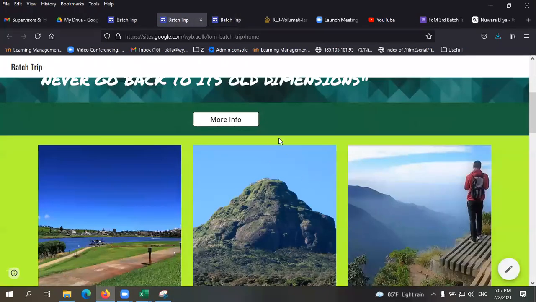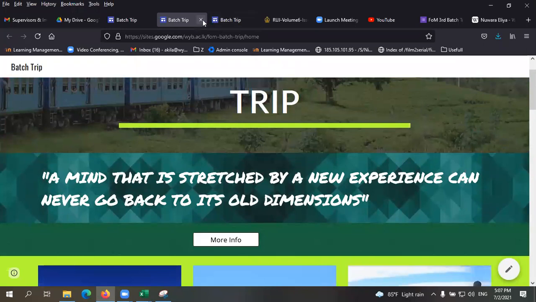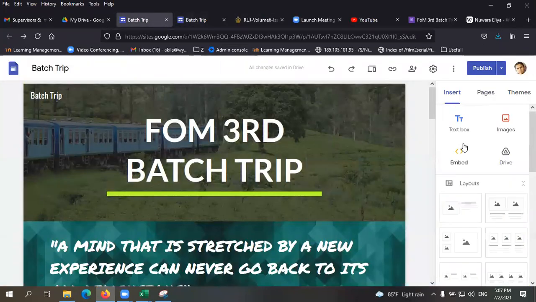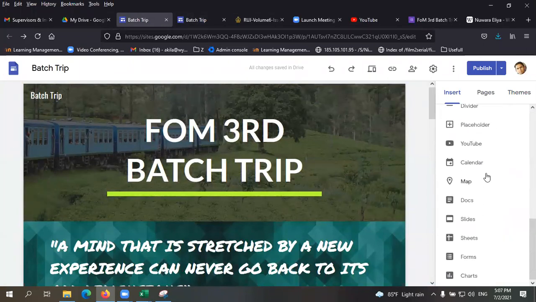Normally, when you want to add an attractive button in an attractive way for a text or something, only then may you need HTML knowledge. Then you have to go to this embed code and type the code. Otherwise, using a button, very easily you can add a link. Did I answer your question? Is it okay now? Yes, sir. Thank you.